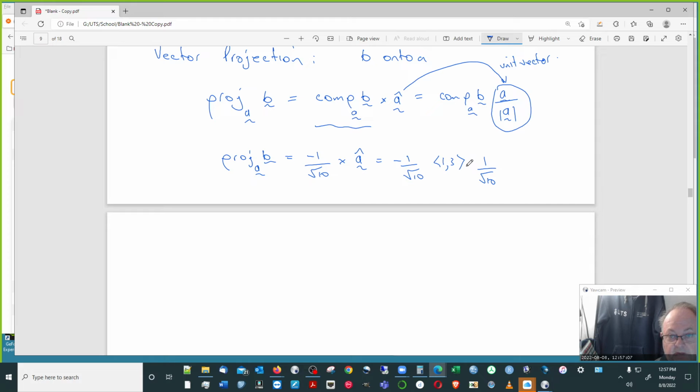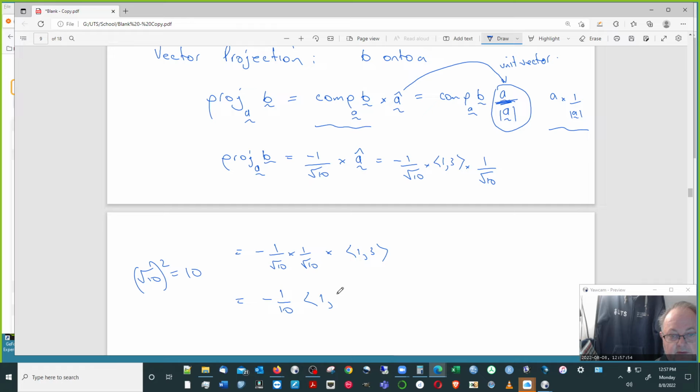Now, I could have put it underneath like that, but that's also how I've written it. Sometimes you can do this expansion straight away. I could have written it as all of that, but instead of doing that, I've got an easy product. So I've got a minus 1 on root 10 times a 1 on root 10 times our vector. Now this is clearly root 10 squared. Root 10 squared is just 10, so it's minus 1/10